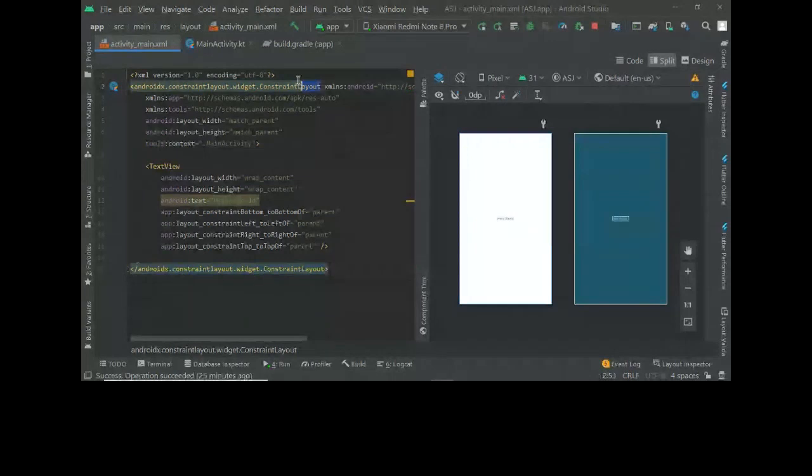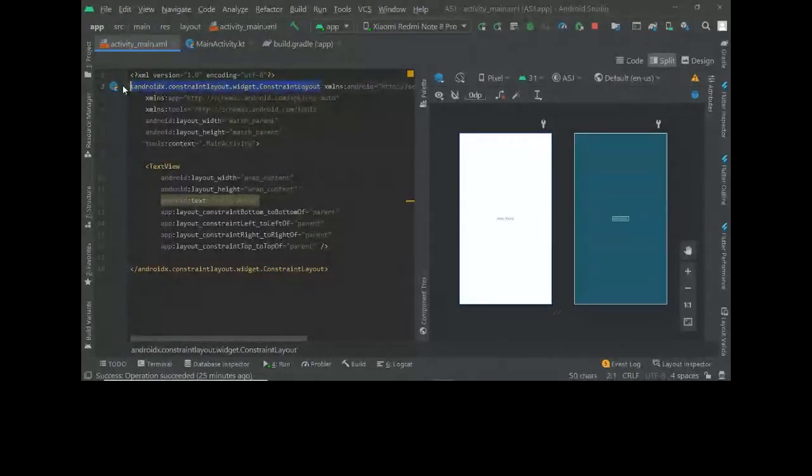This is called a view group. A view group has other children views inside it. It's like a parent view, and it can have other children views in it, or it can have other view groups as its children.